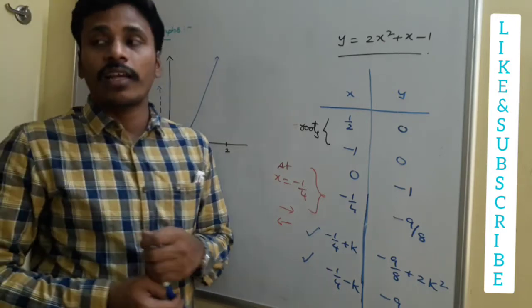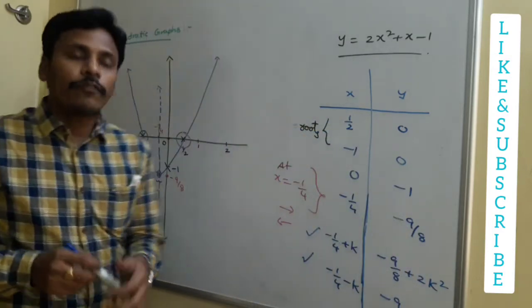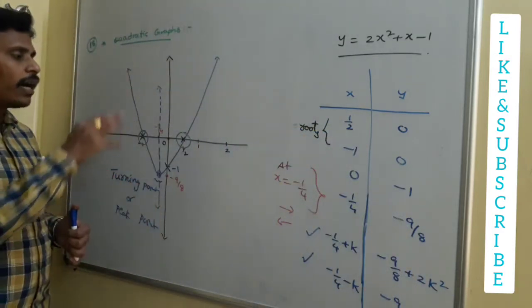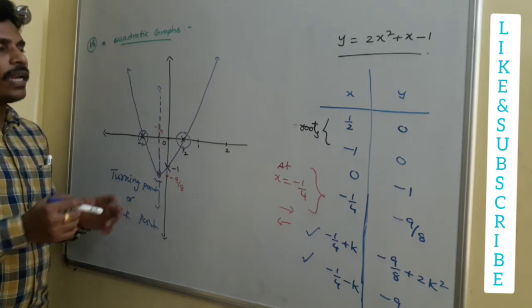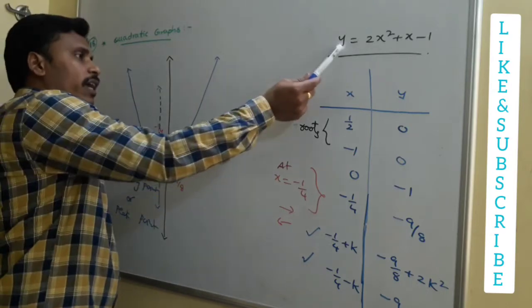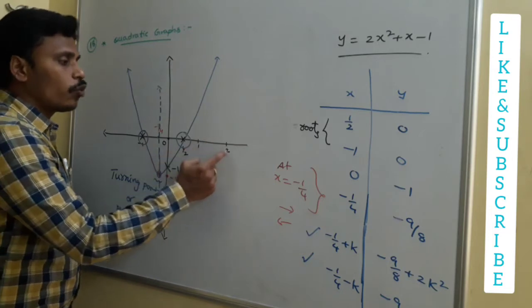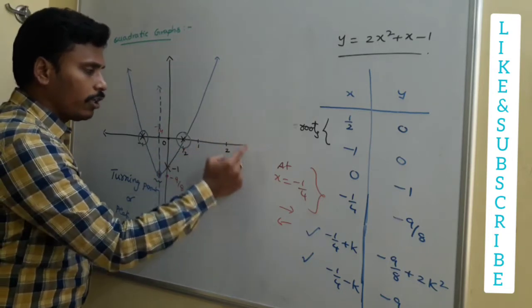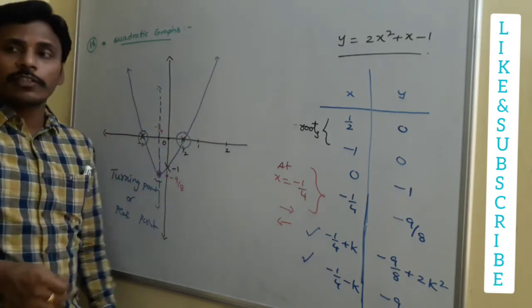I will generalize it right now, and after that I will tell all the things. Some people may ask you, without finding the values actually, you may answer some questions. What is the value of y at x equals 4, whether it is positive or negative? At x equals 4, meaning 1, 2, 3, 4, the graph is above the x-axis, so surely it is positive.